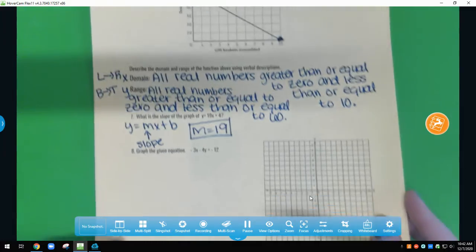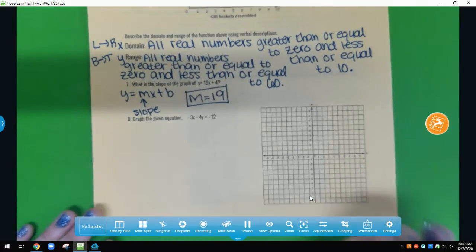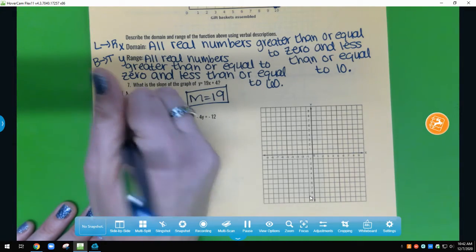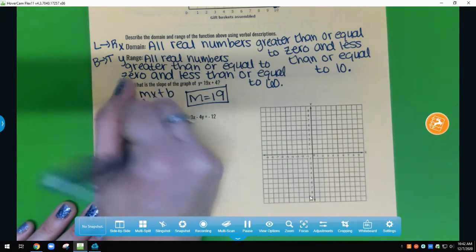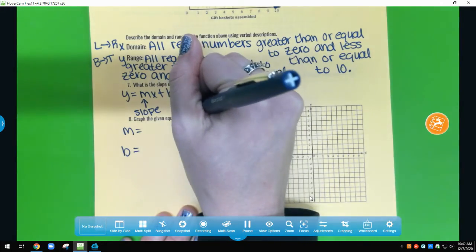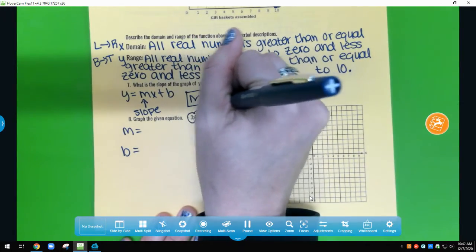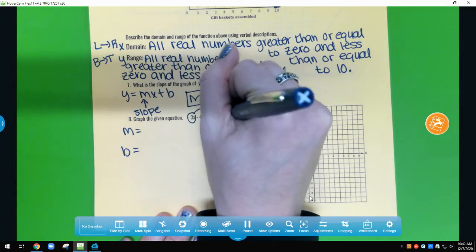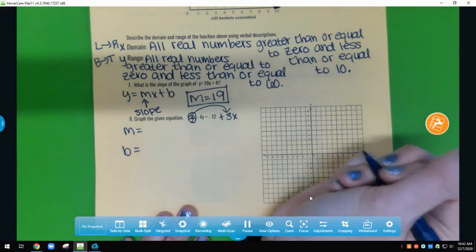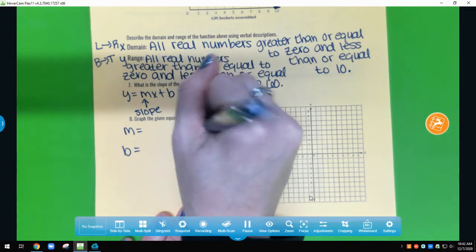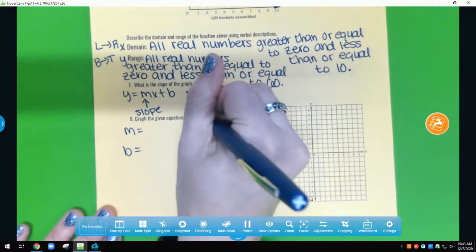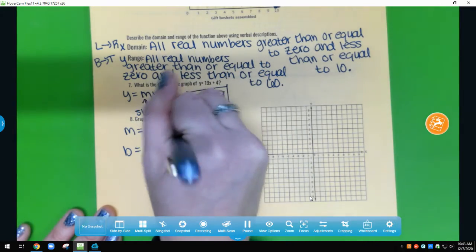Okay. Number 8, graph the given equation. In order to graph, I need my slope and I need my y-intercept. This equation is not in slope-intercept form, so we need to follow our steps. We need to move the x, change the sign. So instead of negative, it's positive. Then we need to divide by the number in front of y. So when we do that, we get y equals